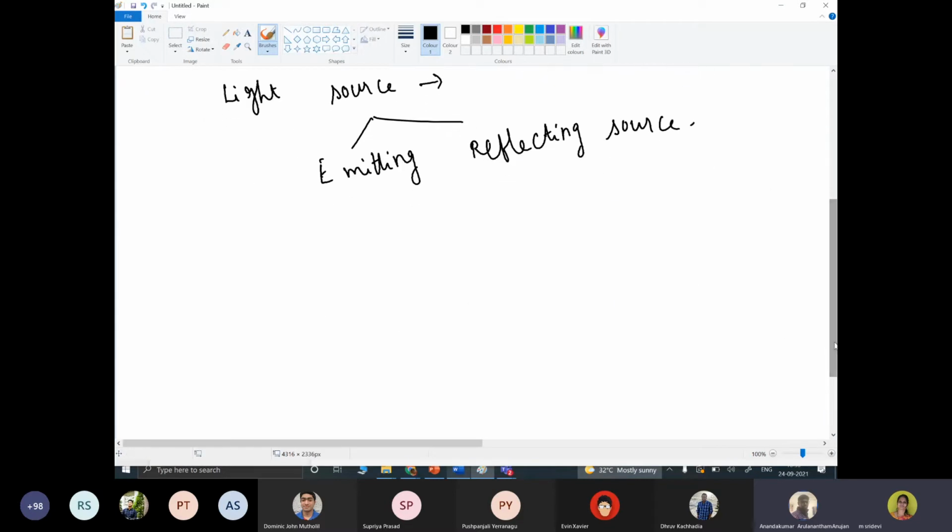The light emitting source type is categorized into two. One is the point source, the other is the distributed light source.